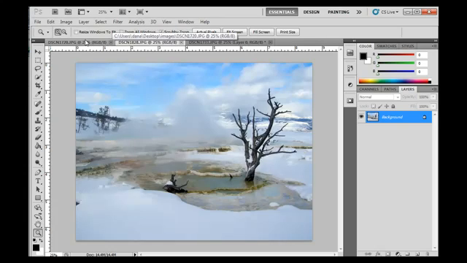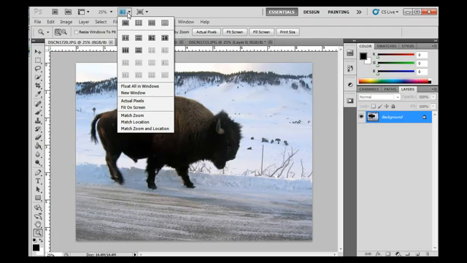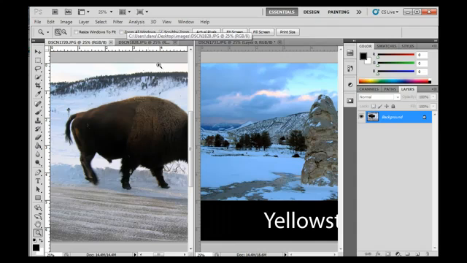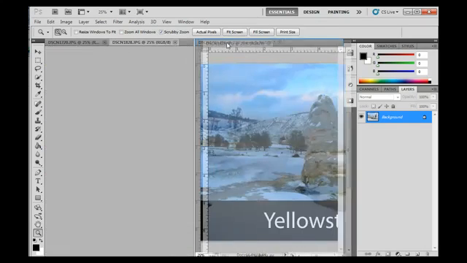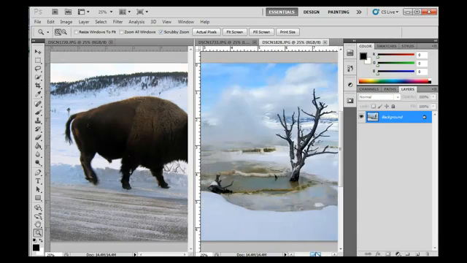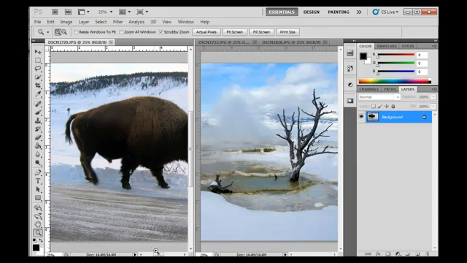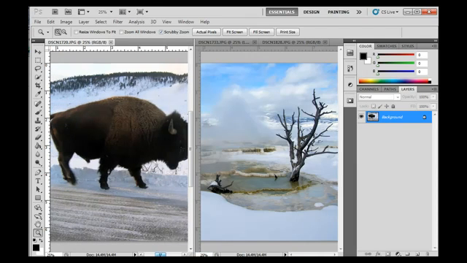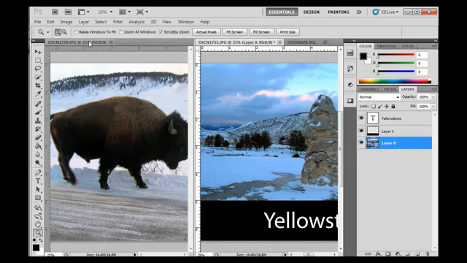Also what I can do is click this button and float all of the images in the windows, or I can do multiple panes. I could do it like that, and now I've got the images in multiple windows here. I put that one over here. So now I've got this image over here, and I've got this image over here. And each one of these images, depending on which one I've selected, has